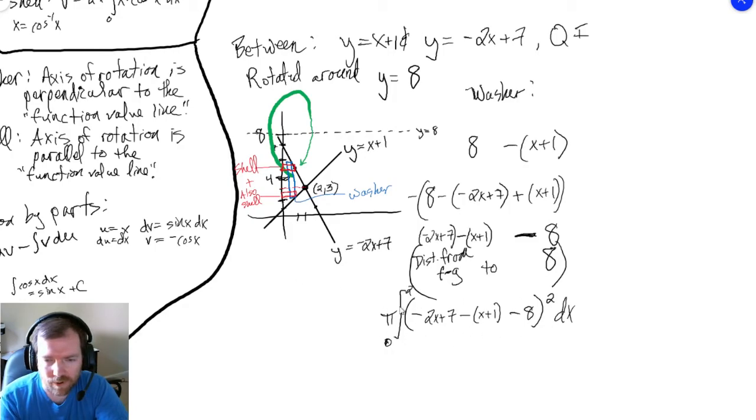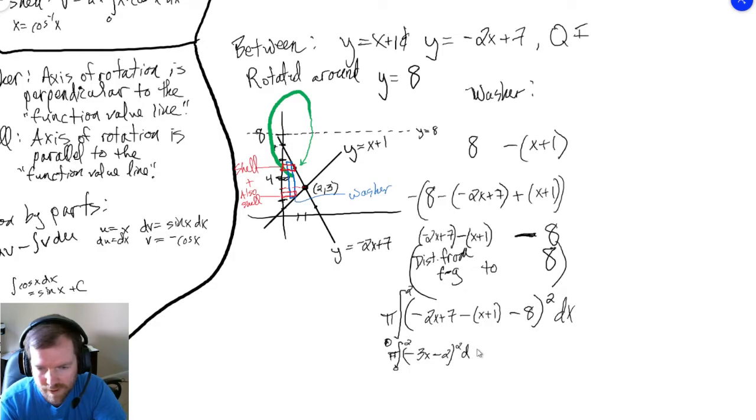Alright, so we're going to then combine all this stuff and then square it. So we get pi times the integral from 0 to 2 of parentheses negative 2x minus x is going to be a minus 3x plus 7 minus 1 is going to be a 6 minus 8 is a negative 2, parentheses squared, dx. This is then going to be pi times the integral of